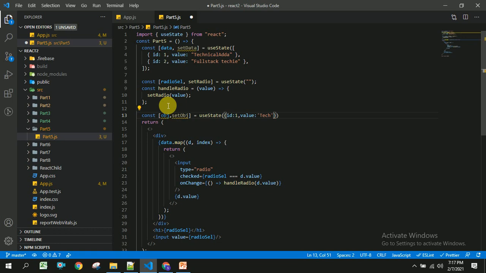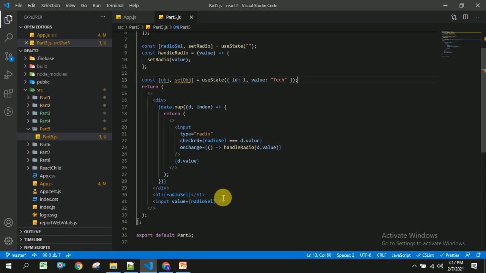So we can have a number of properties in this, and here I am going to show that in our HTML.